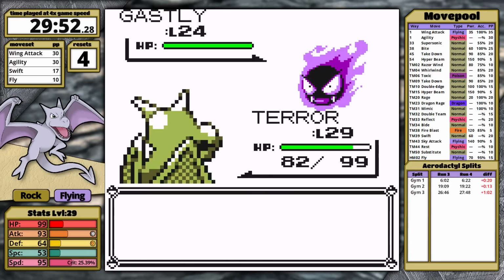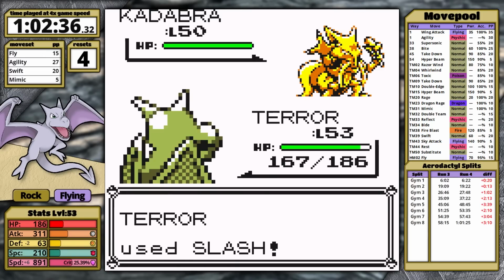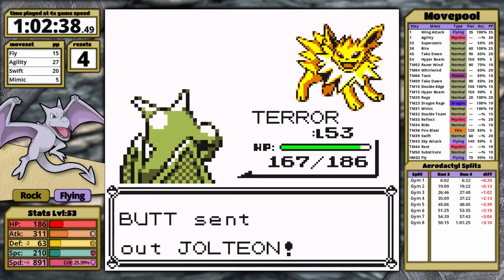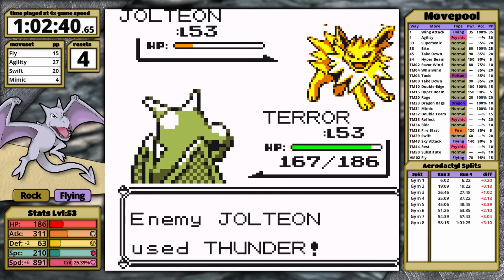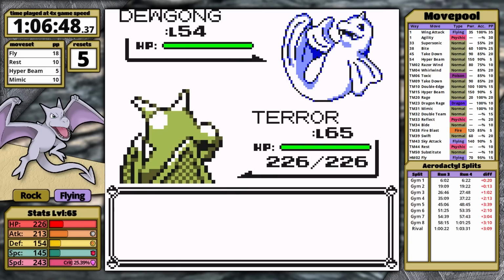Finally I take him out, I grind so much in the mid-game, I have no additional resets until I get to the pre-league rival. Once again, I forget Hyper Beam. I can't believe I did this 3 times, which is very frustrating watching this footage back, but at least it's only 1 reset. My time isn't great because I've saved all my rare candies, and with them I'm level 65